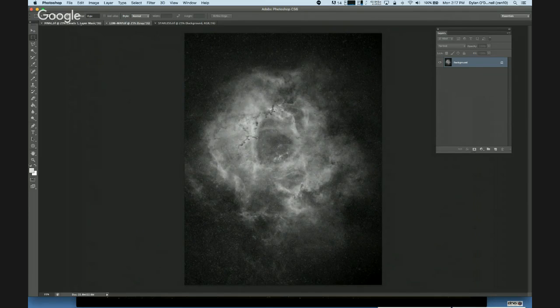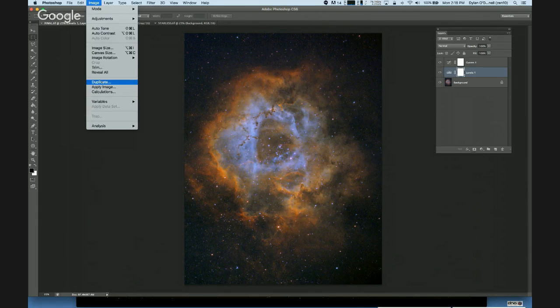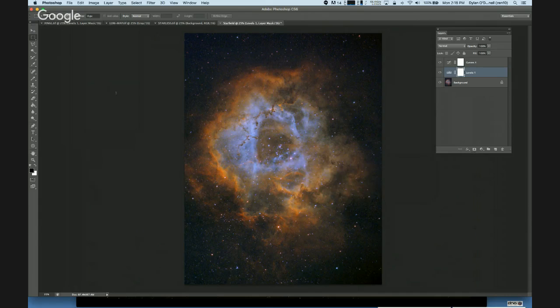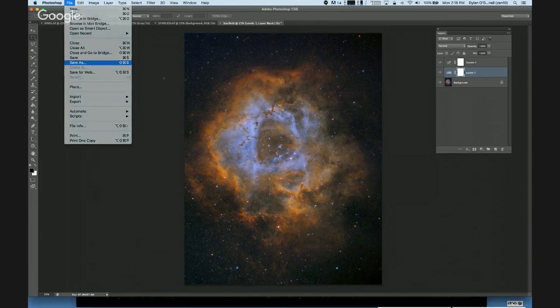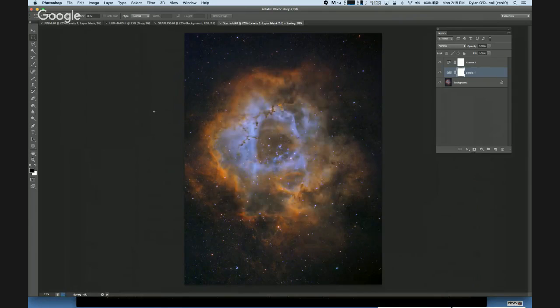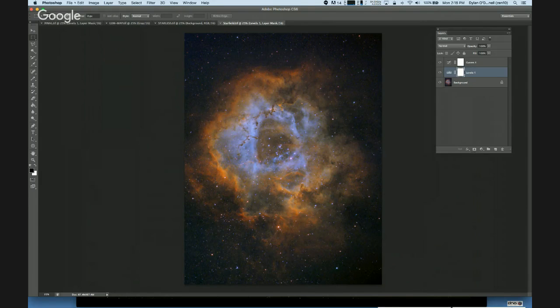So the first thing we're going to do to get our stereoscopic pairs in the end is we're going to duplicate this final image. We're going to call it star field, because this is the one we're going to use to get back just the stars. We are going to save this, and then we are going to use Photoshop itself, not PI, Pixel Math, which is an excellent way as well. But we're going to go Image, hang on, the Starfield image, yep, Image,